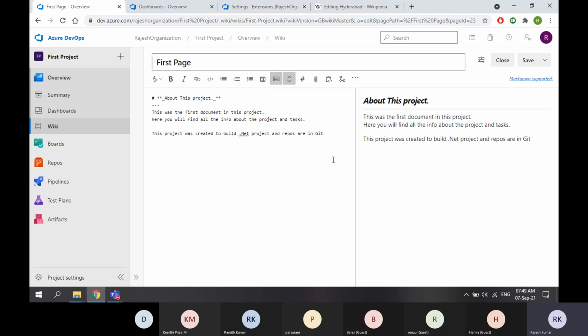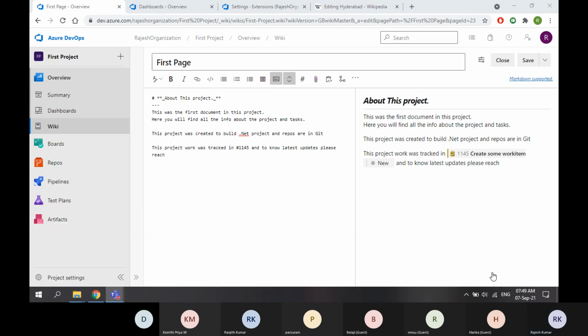In that case, this project work was tracked in this work item, and to know the latest updates, reach out. Just a second, guys, just a second.